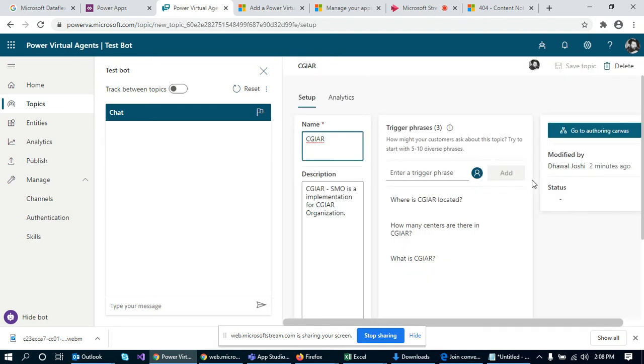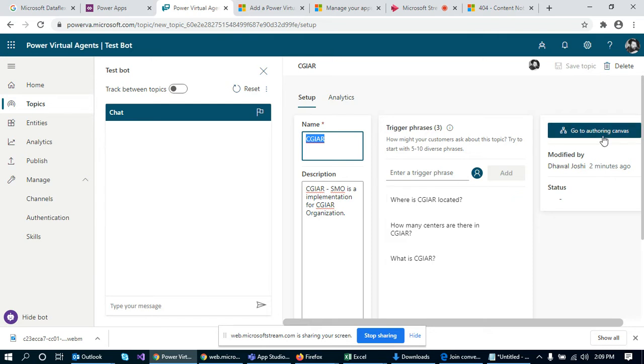CGIAR is an organization. I've added the name, given a description, and I have also added the trigger phrases, which are nothing but questions related to the organization. I have just added these three trigger phrases.